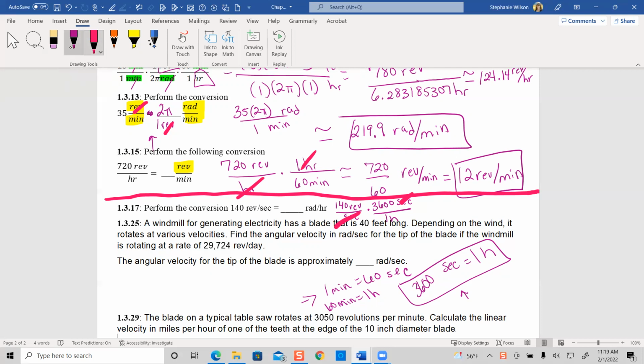So let's add one more needed conversion. We know for every 2 pi radians, that is 1 revolution. Okay, so can we mark the revolutions out? Yes, and that left me with radians over hour. That's exactly what we wanted. So now I'm just going to multiply the 140 times 3,600 times 2 pi, all divided by 1. That was perfect. And I'm going to round to the nearest tenths, and I get